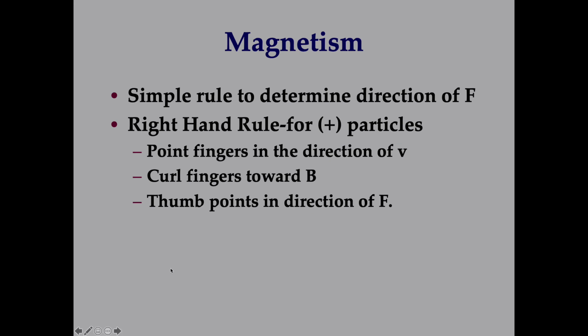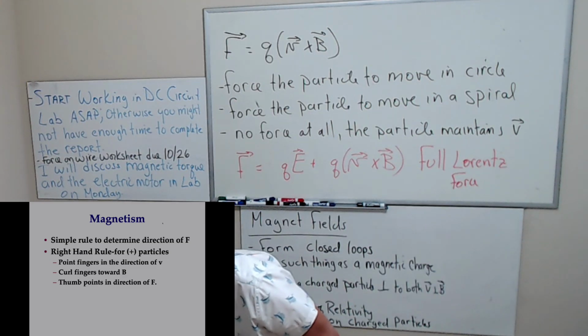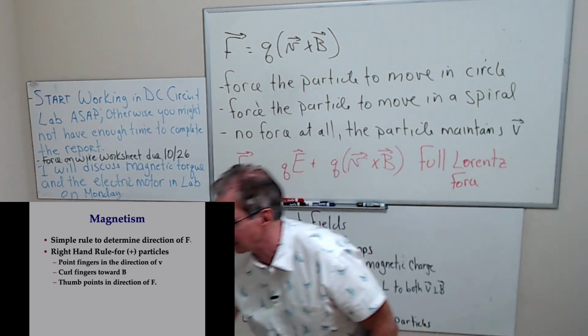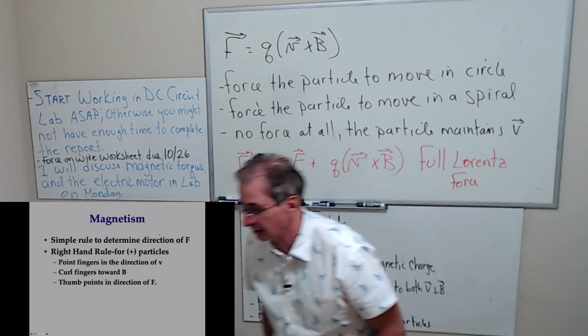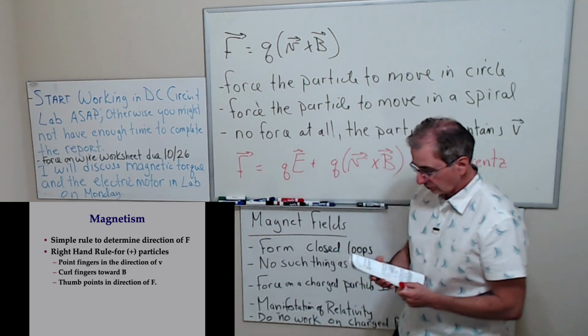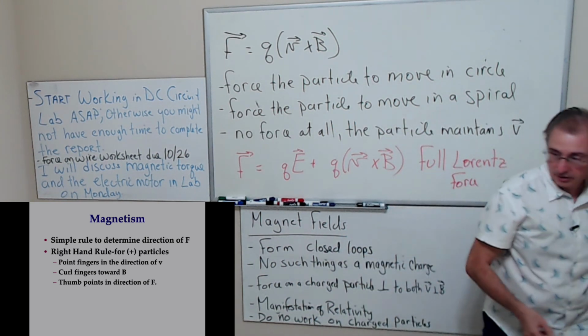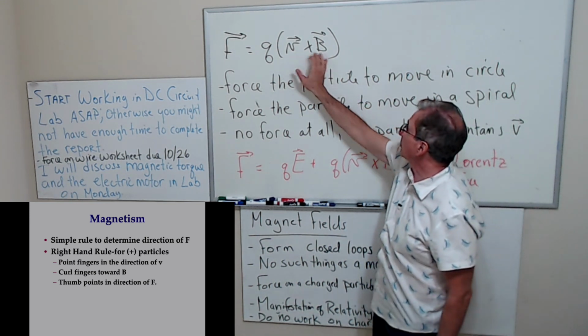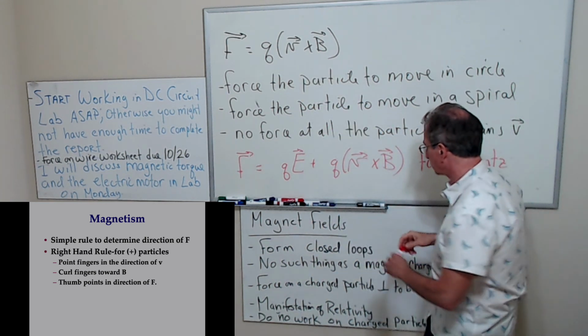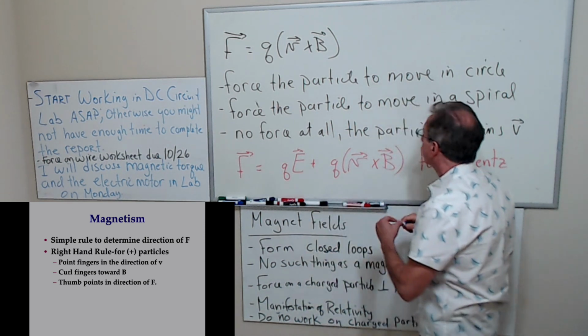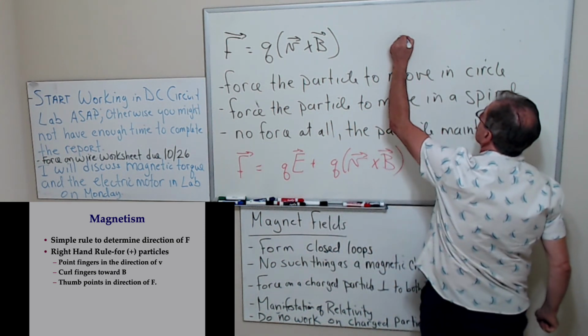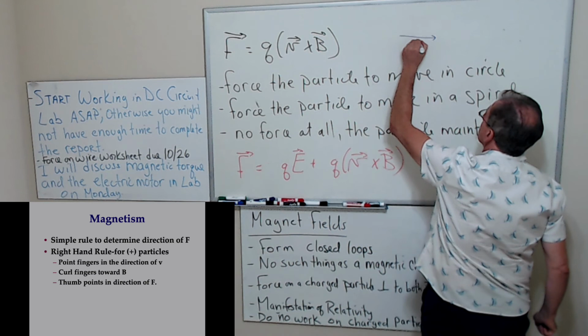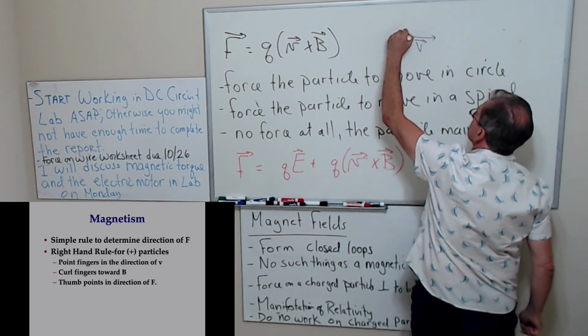So let me just show you the right-hand rule again as a reminder. By the way, you will learn several right-hand rules in this unit. Instead of writing out the determinant to evaluate this, if these two are perpendicular to each other, it's very easy to use the right-hand rule. So let's say that we have a particle moving in that direction, and the magnetic field